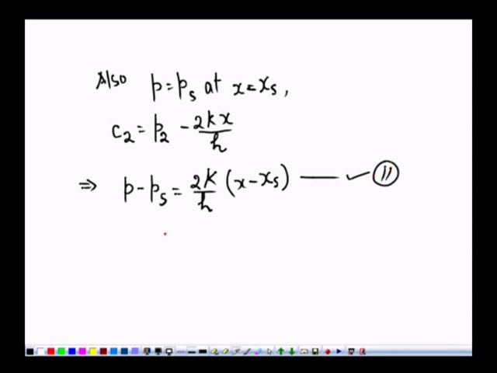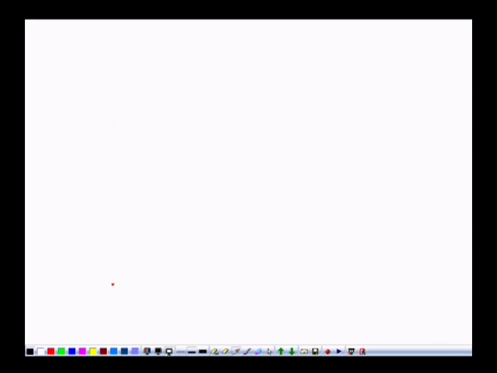According to the first, Ps was equal to twice k exponential of twice mu xs upon h, or finally we have the value of P that is equal to twice k